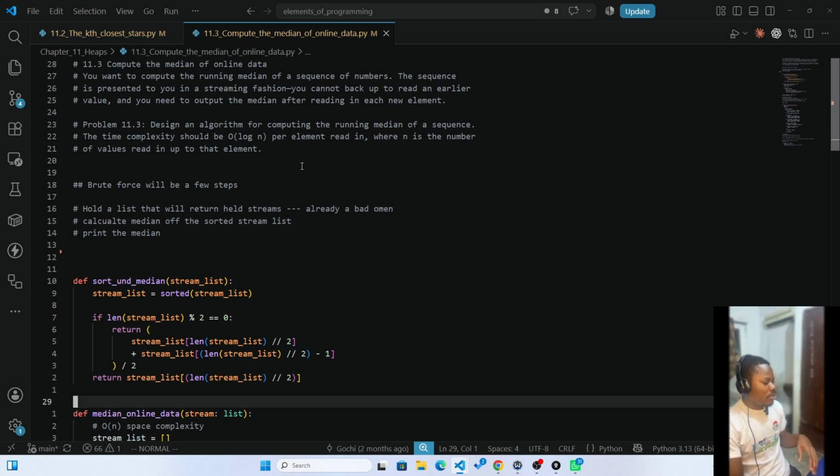Okay, so let's just break that down before we move further. What it is saying, in a nutshell, is that there is data streaming into a system. So let's say we have a system and there's data streaming into it. Now we want to know the median of the data that has come into this system as they come in. We are not trying to hold them, filter them, and then get the middle before we get the median,